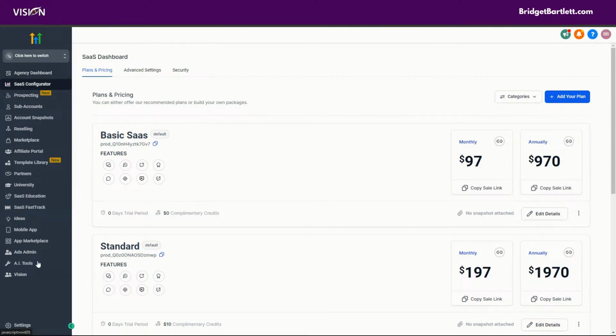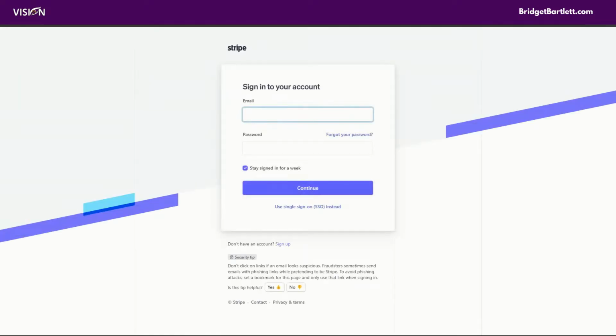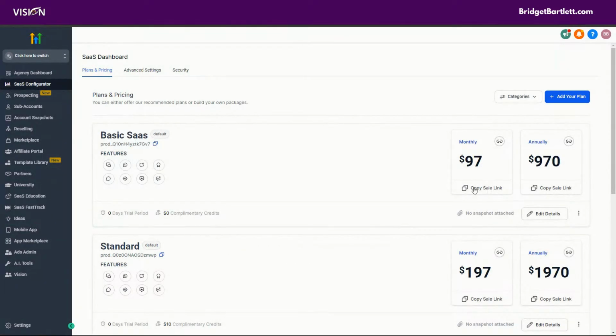Remember, the agency doesn't have tools. We need tools that are in the sub accounts. Okay. So let's say that I just signed up for HighLevel and I just quickly needed that link to get someone to sign up. All I need to do is just grab this link here, I'm sorry, not grab it there. You just want to